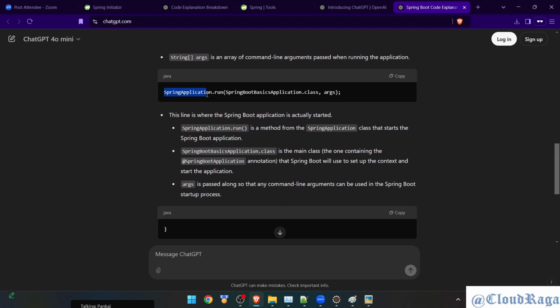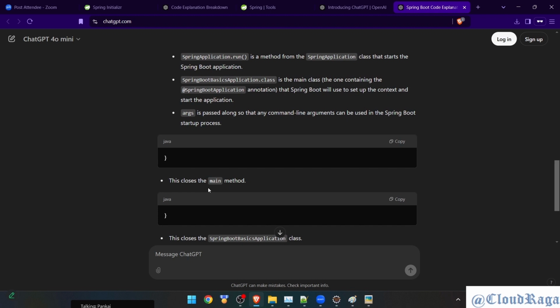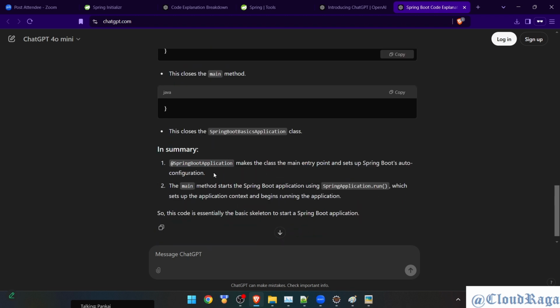Here's the special part: SpringApplication.run, and it takes something and then arguments. This is the line where the Spring Boot application is actually started. Run is a method from the application that starts the Spring Boot application, the first argument is the class which contains the annotation, and then the arguments which you pass at runtime, and it closes. So in summary, what we understood from here, this annotation makes the class the main entry and sets up the